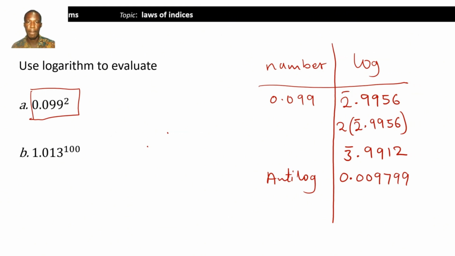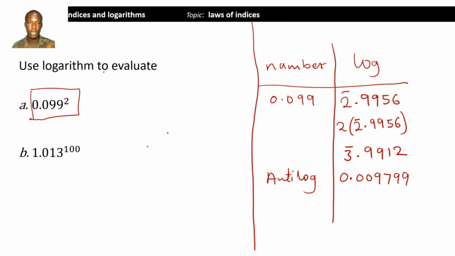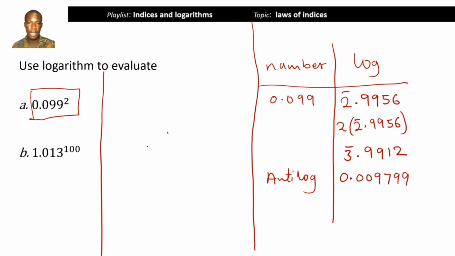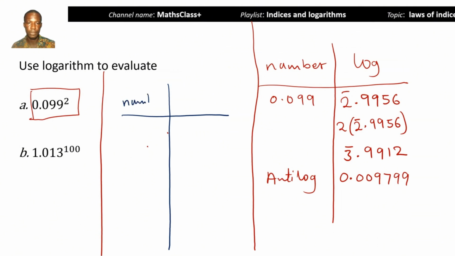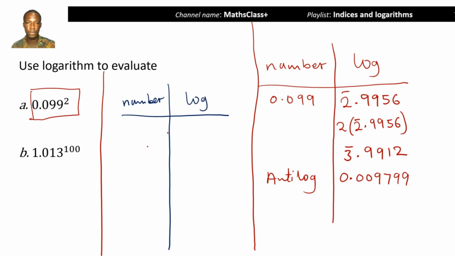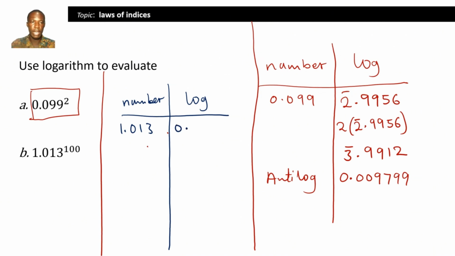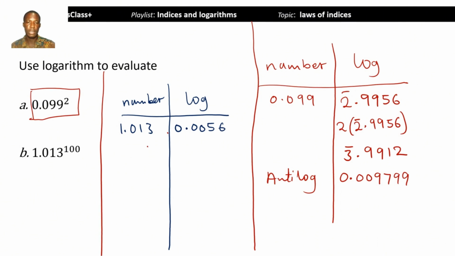Then for the second example, let me use the space here, and because of that I will use a different color. Okay, so the number is given and its log value here. So we have 1.013. We are converting this to logarithm. It's already in standard form, and so it means that it is just times 10 to the power 0. So our characteristic is 0 point. Now we also find the mantissa. So I get 0.0056 as the log value,